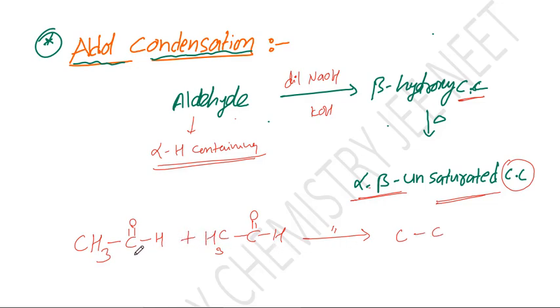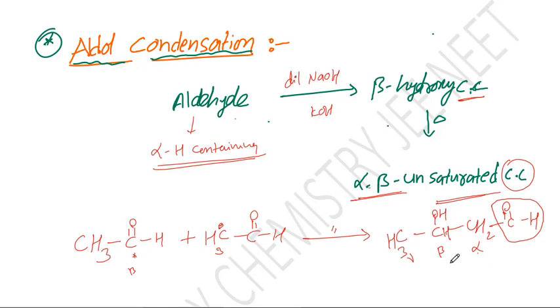See, this carbon is the beta carbon, this is the OH. Now a carbanion is forming here. I will show the mechanism. Now this is CH2, C double bond OH, and this carbon has one more hydrogen. This is the beta hydroxy carbonyl compound. This is the alpha carbon, this is the beta carbon, this is the gamma carbon. With respect to this functional group, the next carbon is known as alpha carbon, then beta, then gamma.